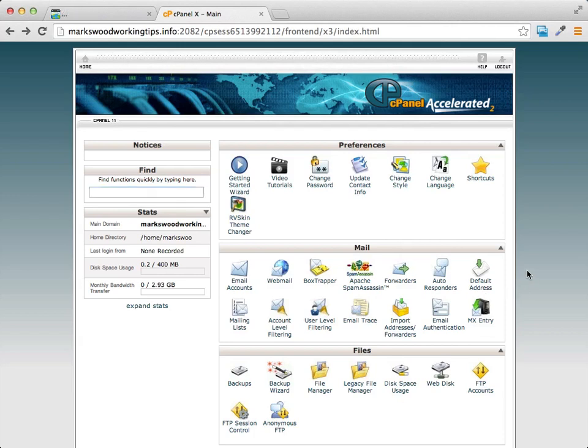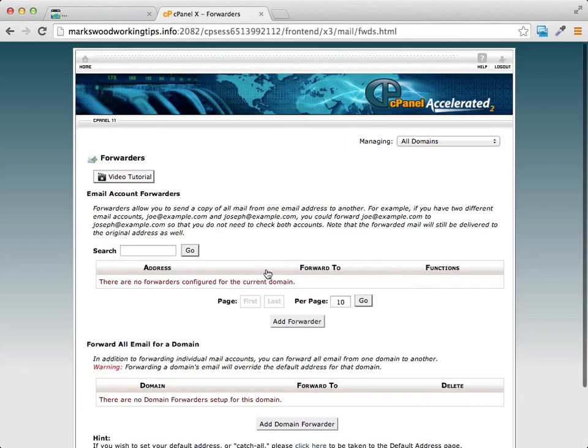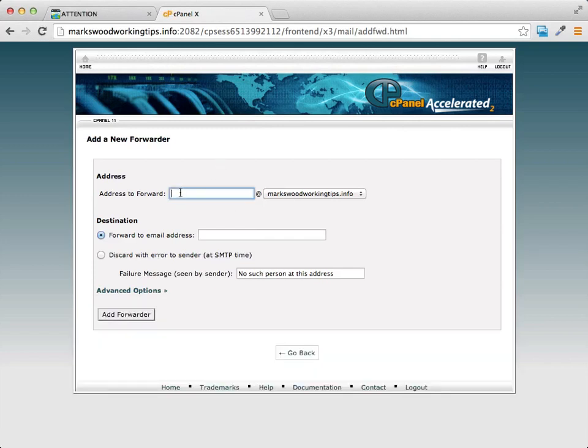So instead of creating a main email, I create a forwarder. Any email that's sent to this forward address will then go to my main address. So I just click on add forward,